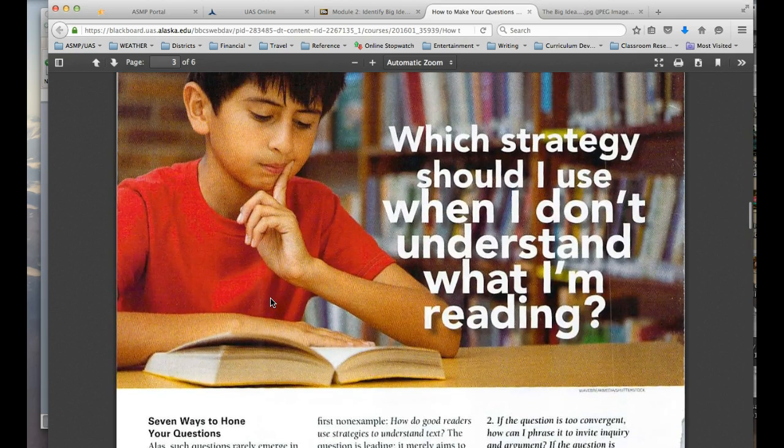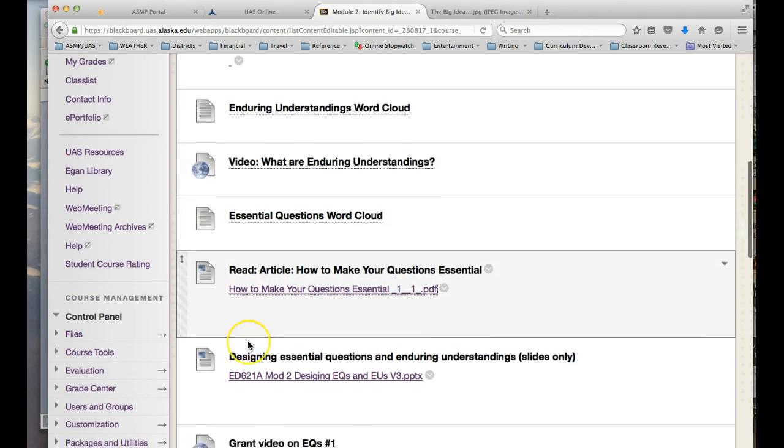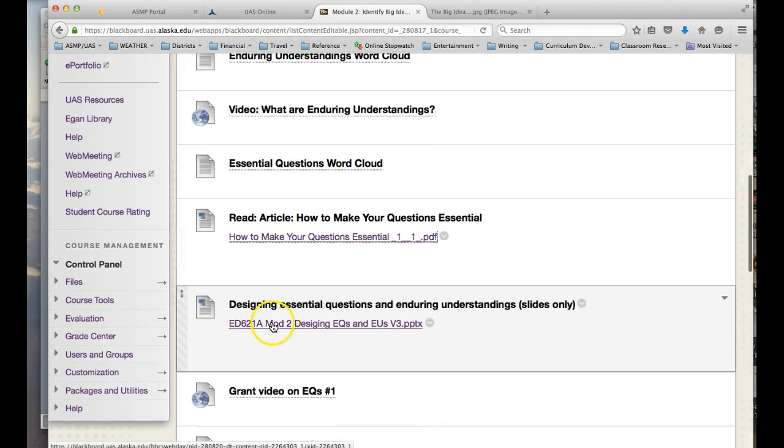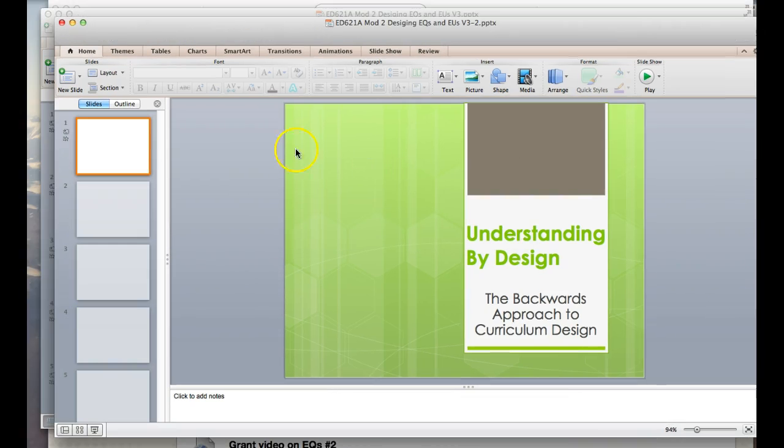And even for reading, you have an anchor chart. So this is a very good article to spend time on. Designing Essential Questions Enduring Understanding. This is a resource. This is a PowerPoint, but it is a resource. And what it is